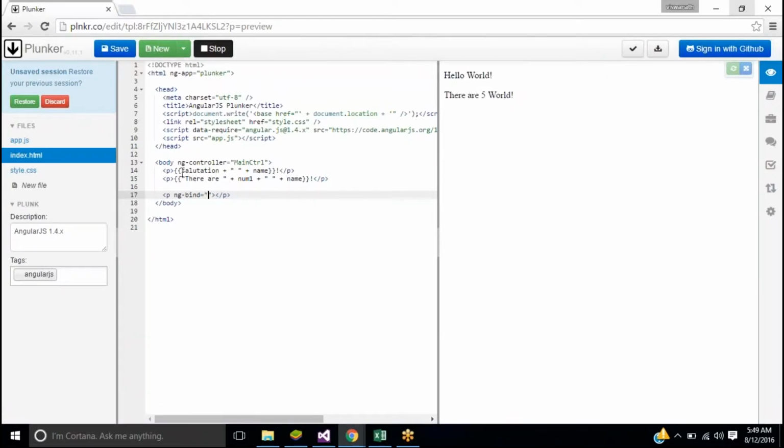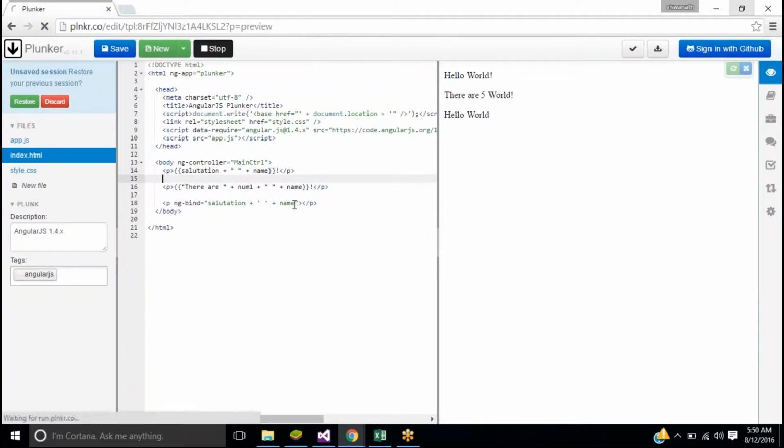For example, I can write the same thing like this. Sorry, because this has double quotes, it's cribbing. Now see this, you got it? The first line and the third line are the same, right?